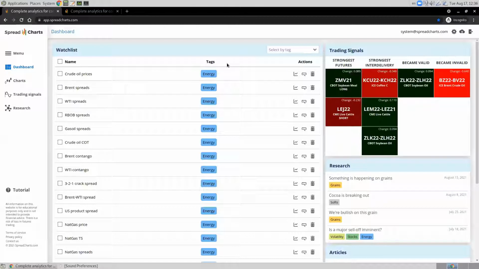But later I discovered the spreads. I mean, interdelivery spreads or calendar spreads on grains, and it was a great strategy for me because of my small account, my low capital, and they allowed me to develop strategies even for such a small account back then. And it was working great. Of course, I was trading mostly spreads on grains, but also on other commodities like hogs and some soft commodities and so on, Nat Gas.